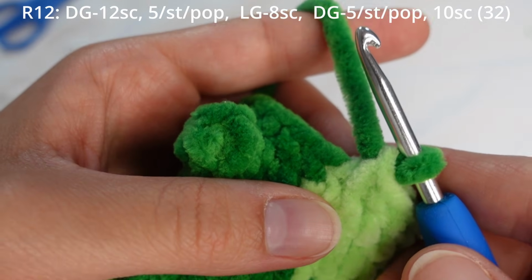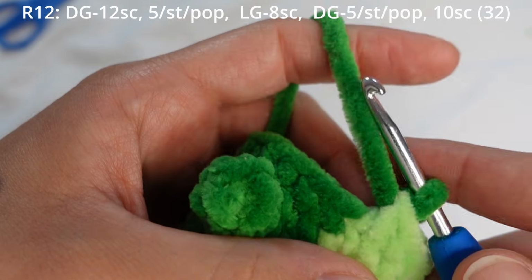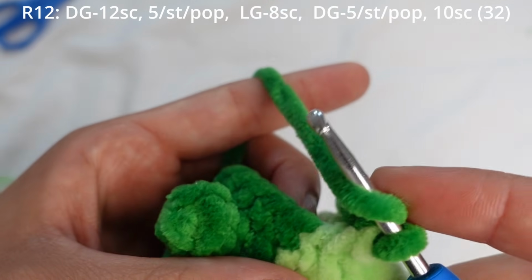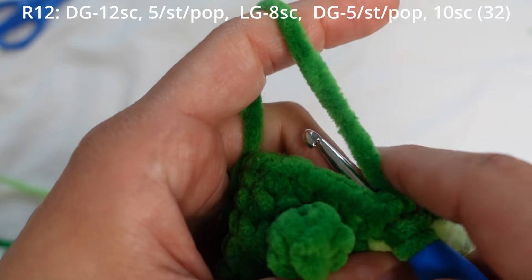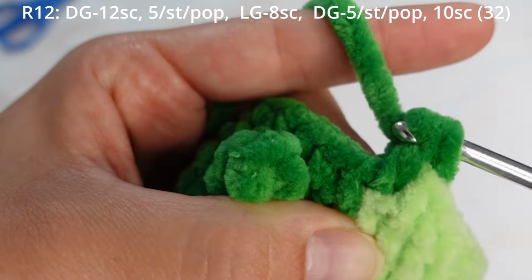And now in the color dark green, we have to crochet a 5-stitch popcorn stitch and then 10 single crochet stitches. So I'm going to yarn over and crochet 5 double crochet stitches into the next stitch for our popcorn stitch. So 1,